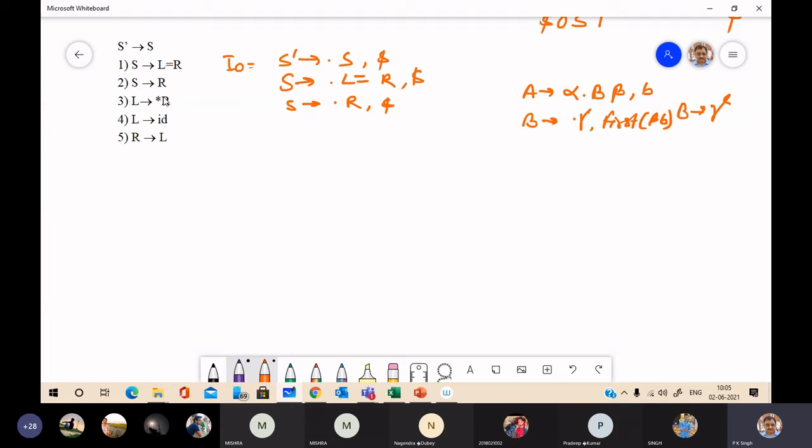Due to this dot L, we can apply on productions 3 and 4. Just apply the same rule.